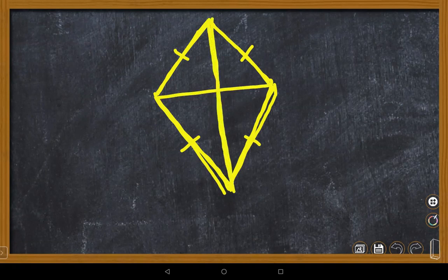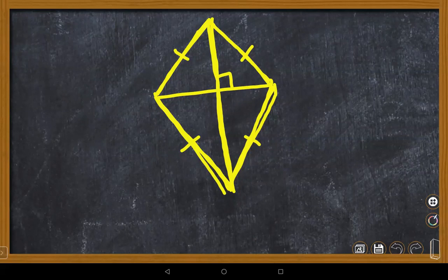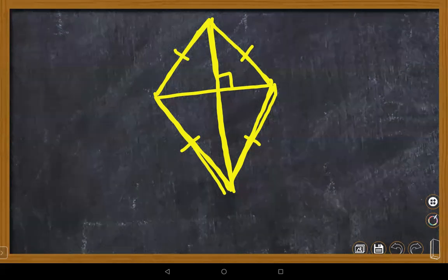Now do you understand, Lalit, what is a bisector? What is perpendicular? Perpendicular means 90 degrees. Now, can you tell any other things about rhombus? Ma'am, the diagonals are not equal. Yes, diagonals are not equal. These diagonals are perpendicular to each other, and they bisect each other at 90.